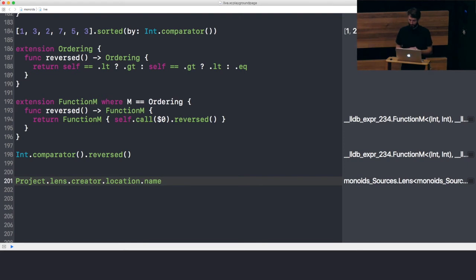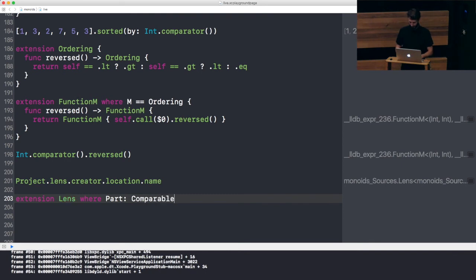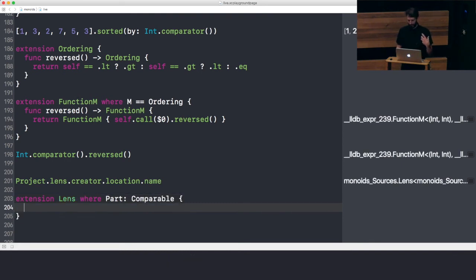And it would be kind of interesting to leverage that idea of lens, which has no concept of comparators, and derive comparators from it, essentially for free. These two worlds don't have to know anything about each other, but as me, the glue between the two worlds, I get to piece them together in nice ways. And so I will extend lens where the part, the thing you're lensing into, is comparable. And now from here, I get to derive a comparator. So it's going to be a func called comparator, and it will generate a comparator